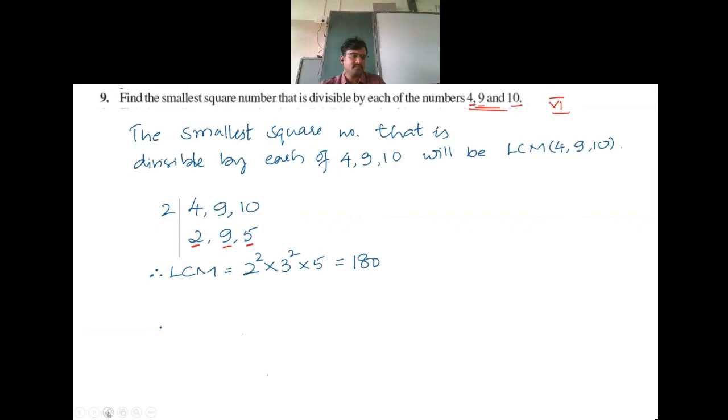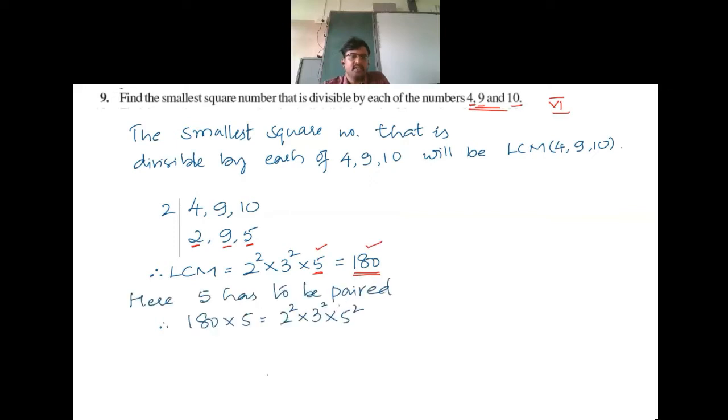We should multiply 180 by the number 5. Sir, directly we can do it, the numbers which don't have a pair; we make a pair and the same answer will come. Correct. We have found the LCM as 180. Here 5 is not having a pair. That is the reason why we multiply. I have followed prime factorization so that I will come to know that it is not having a pair, and I also know the LCM. Now 5 has to be paired. So when you multiply 5 on either side, we get 900 as a square number.